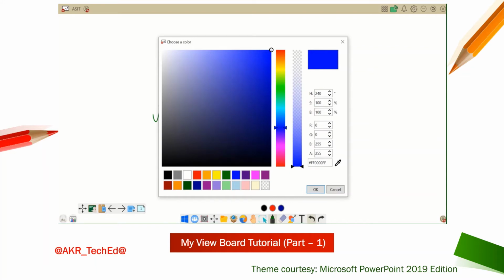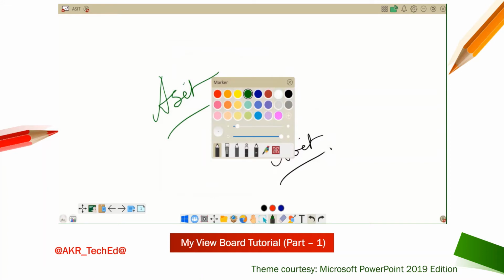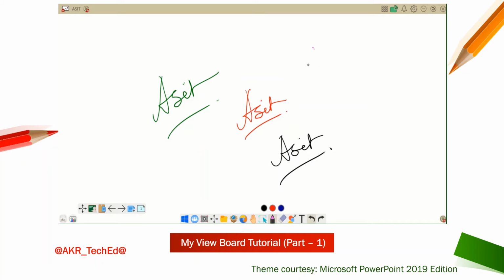In any other applications, how to use it you have already learned. So suppose I click on this color, again it gives me an option in the second bar that I can make it light or I can make it dark. I made it a little light and then pressed the OK button. That color will be selected here at the end, you can see, and if I select that color I can write using the same color. Okay, so how to write, that's clear for us.